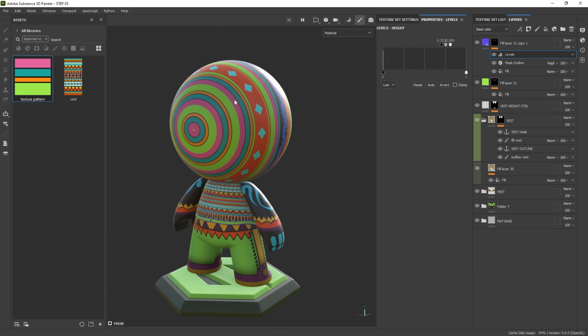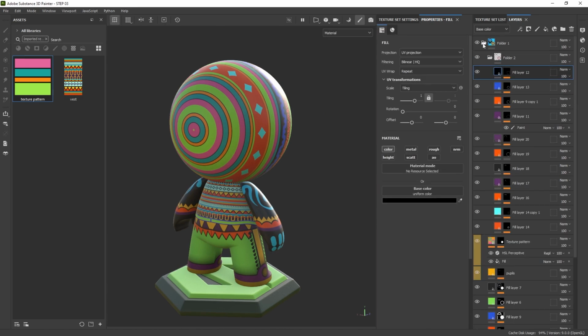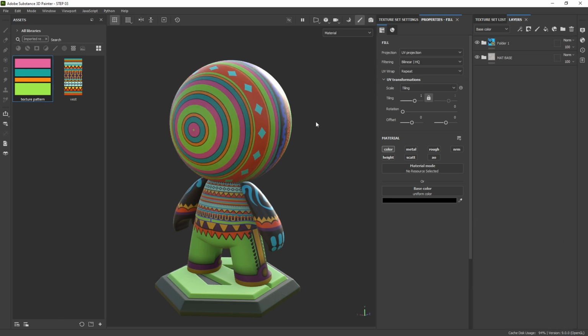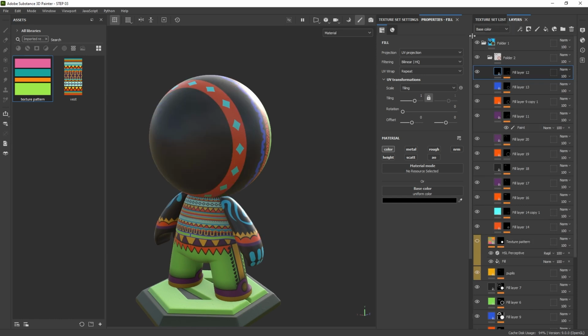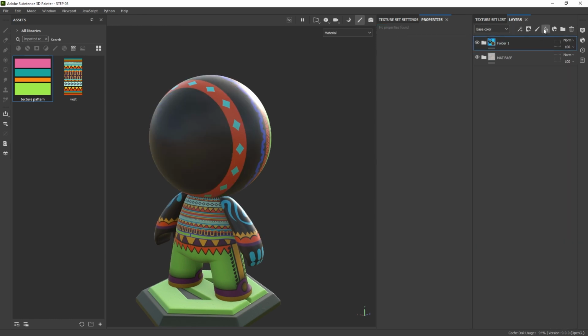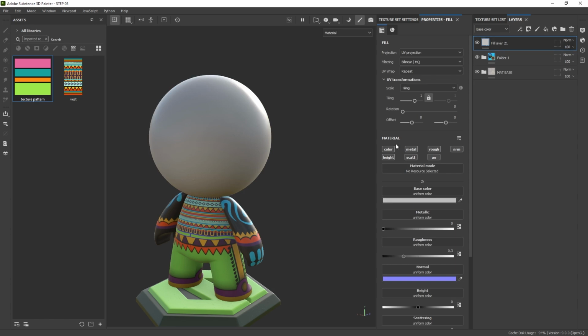So let's go ahead and select the head of the character. And I already have it in here, as you can see, this one right here. So what I'm going to do is just recreate it again. Let's actually turn it off. And let's recreate it here. So a new fill layer. And you can add a new fill layer to this one, or you can just add this pattern straight in here. So Alt, click on color so that it only uses the color,